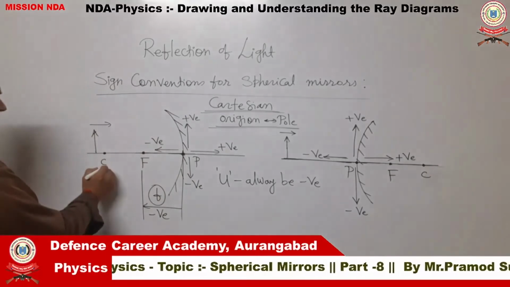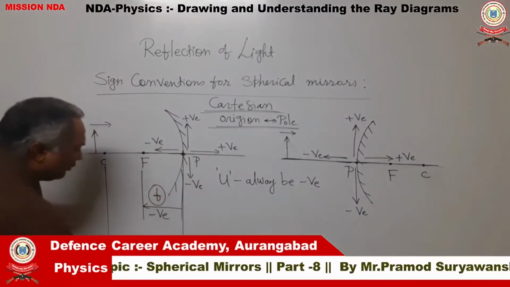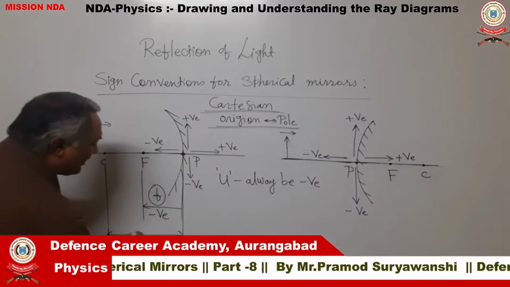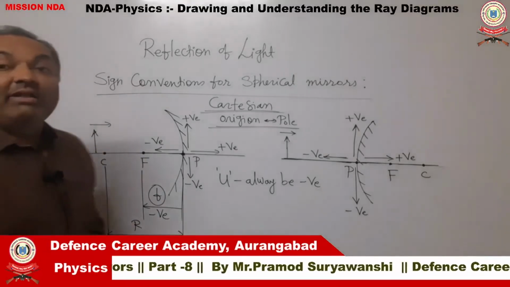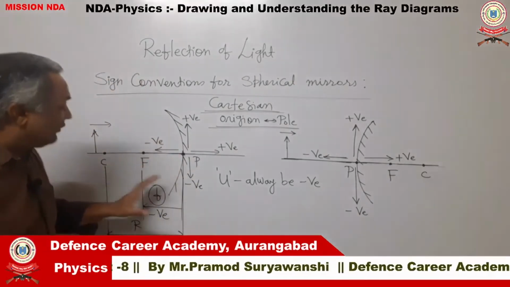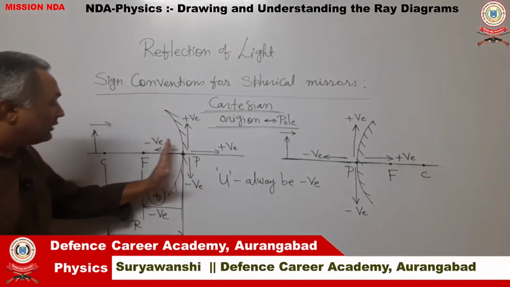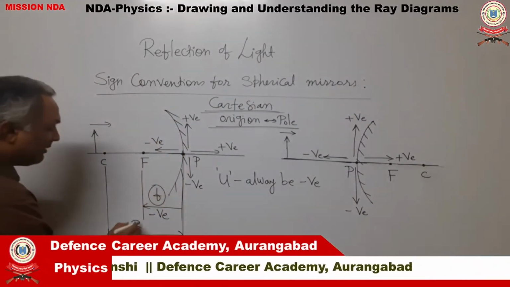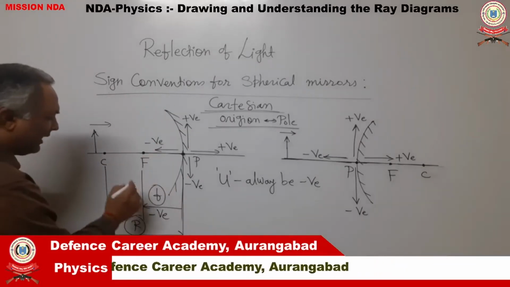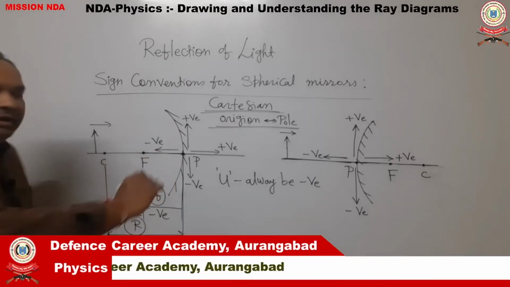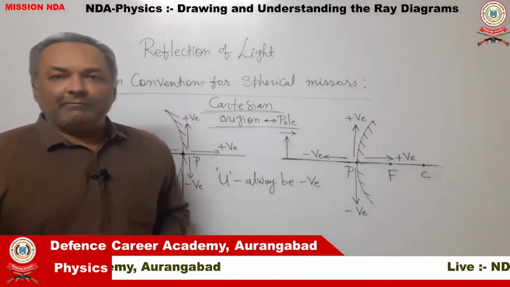Likewise, remember this distance is equal to the radius of curvature. Now, even in this case, if you are trying to measure the radius of curvature of a concave mirror, you have to go to the left side of the mirror. That means for a concave mirror, the radius of curvature is also negative.